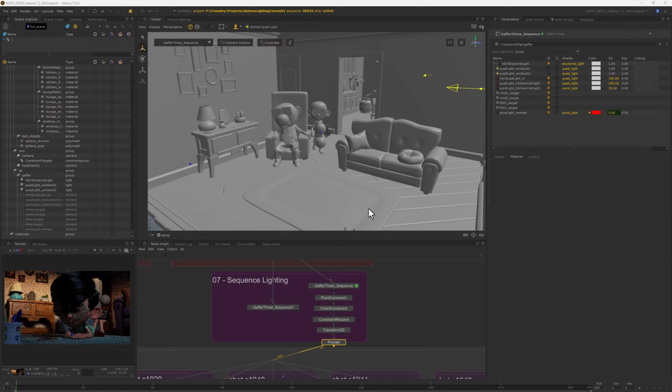All right, let's talk about some strategies for lighting iteration. So first of all, we've got our scene here, and you'll notice that I've actually pruned some of the lights here so that we don't see them in our viewer. We're only going to look at the original lights that we started with. So we've got our dome light, which you can see in our background here, and our two portal lights in